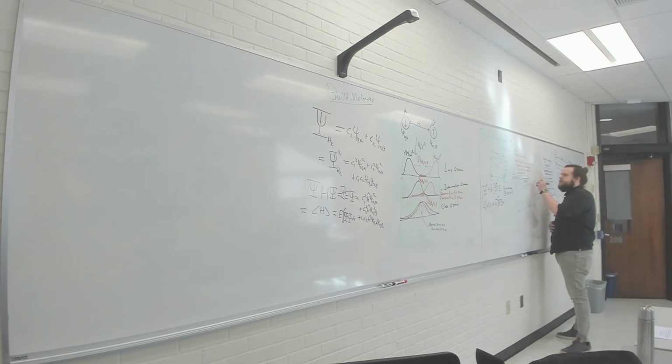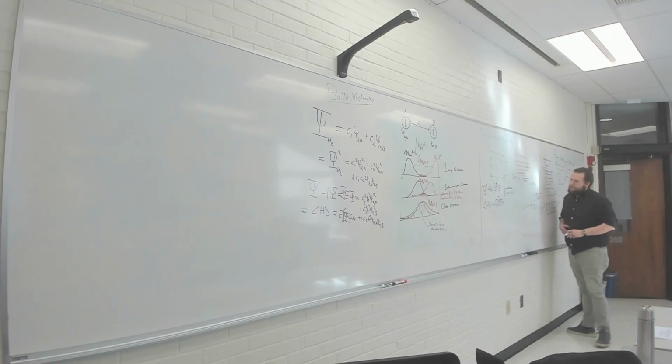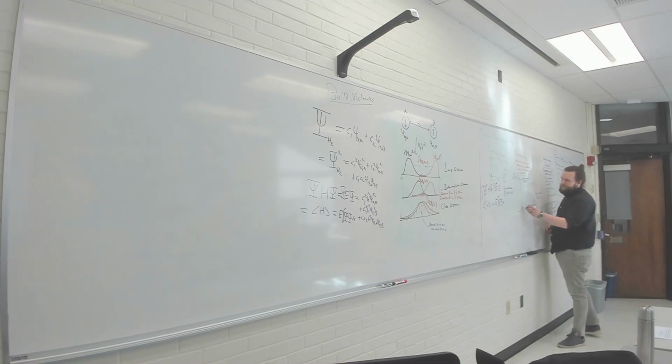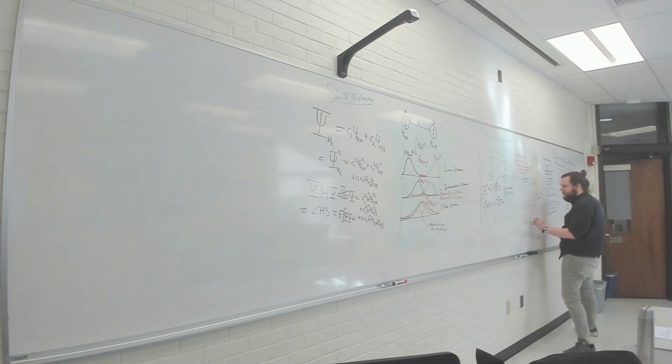Close distance, large energy, right? And this is far distance, low energy, right? But there's this region here, and we'll see this, where this region here is at negative energy relative to 0,